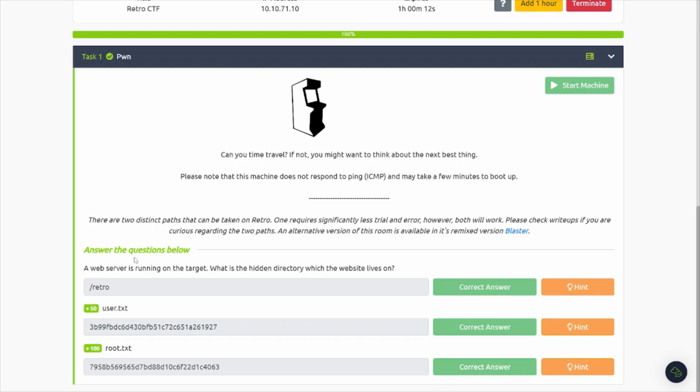All right, first question is, the web server is running on the target. What is the hidden directory which the server lives on? And then there's two flags you need to find, the user and the root flag. So let's jump over into the attack box